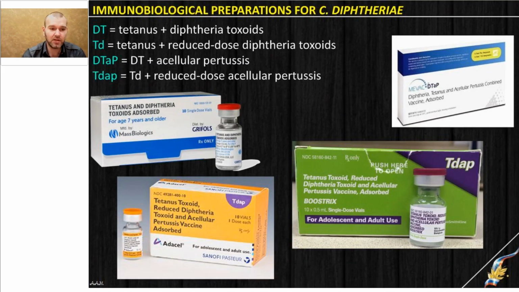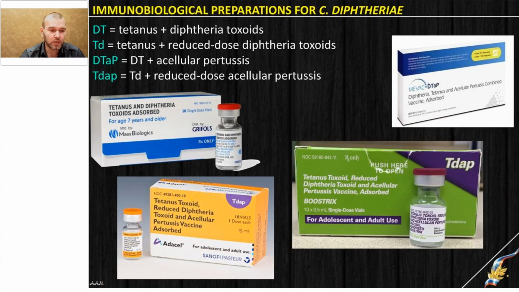So we have several modifications, which is DTAP, meaning diphtheria, tetanus toxoid, and acellular pertussis component, where an extraction of bacteria is performed and complete cells are absent, so the allergic property of the vaccine is not so severe. And we have TdaP. It is tetanus plus reduced dose of diphtheria toxoid and reduced dose of acellular pertussis. Again, mainly it is provided for kids with a severe history of allergic reactions, with some concomitant allergic conditions, asthma, and